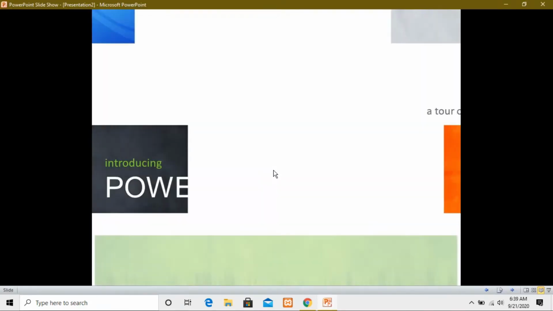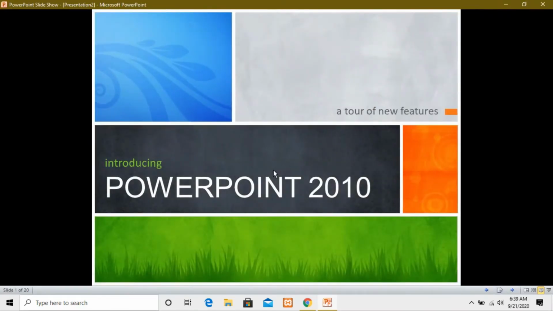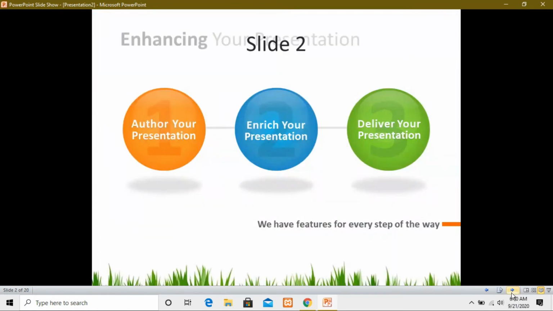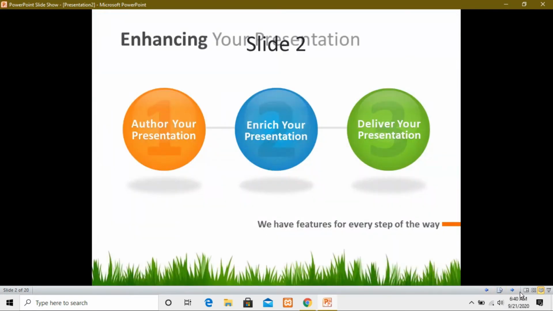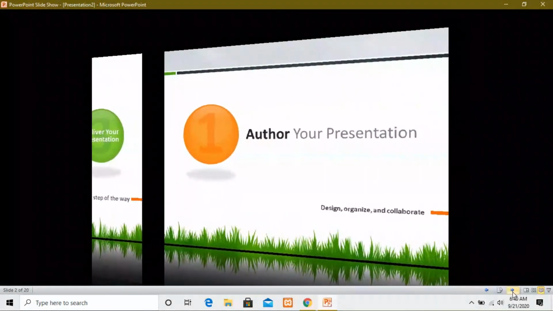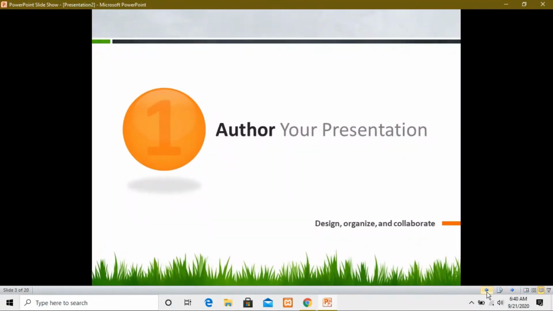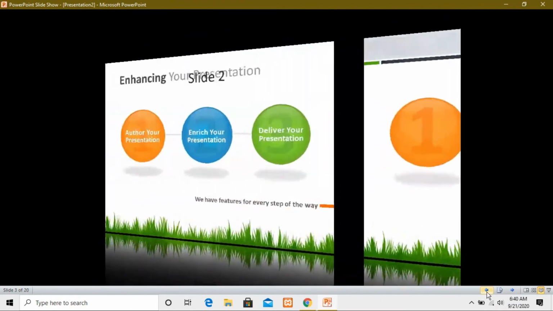Like you can see here, this is your reading view. Okay, if suppose you want to see your thing in the presentation format, then you can use this view, reading view. Here on the bottom, on the status bar, we have 3 buttons. Fine. This one is the next. It means it will show you the next slide. If you click on this one again, then it will show you the next slide. Fine. If you click on this back or previous, this will show you the previous slide.